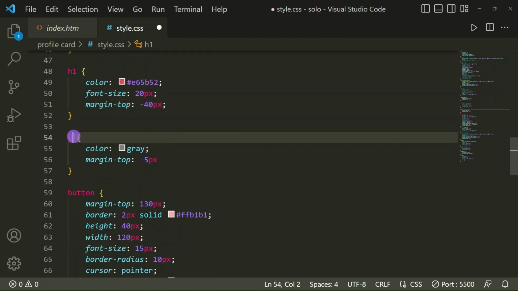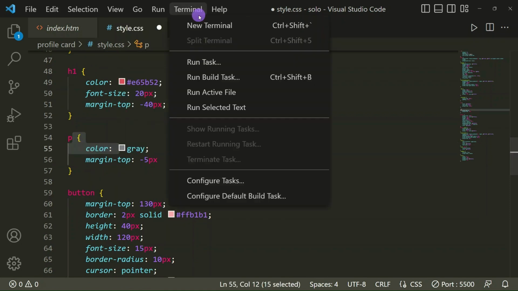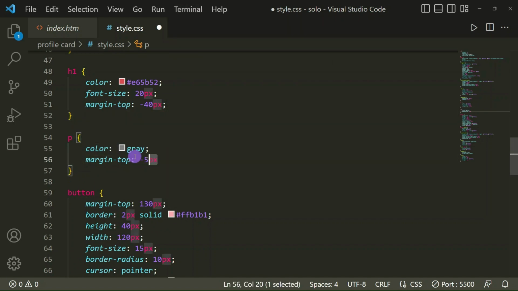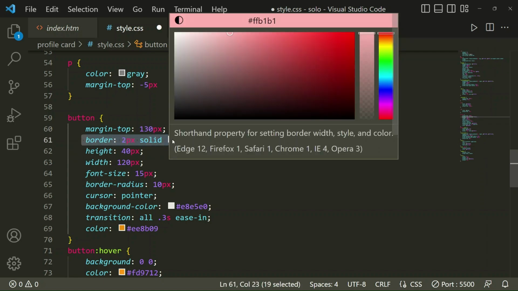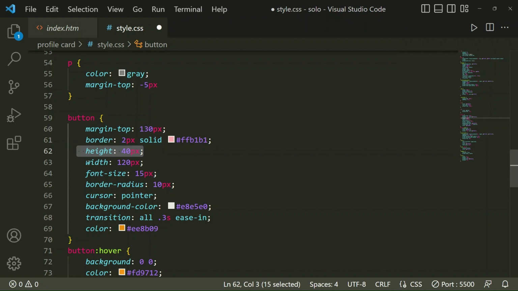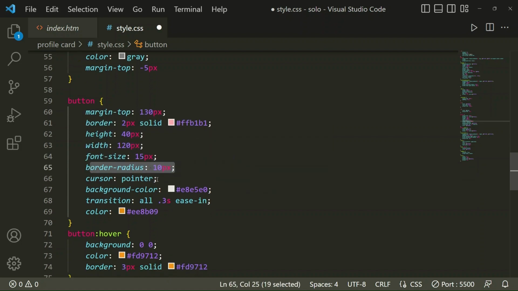Then for our p tag I have taken this color, so gray color, and then margin top -5 pixel. Then for our follow me button we have taken margin top 130 pixel and a border 2 pixel solid with this color code. Then I have taken height 40 pixel and width 120 pixel, font size 15 pixel and a border-radius 10 pixel, and the cursor should be pointer, and then